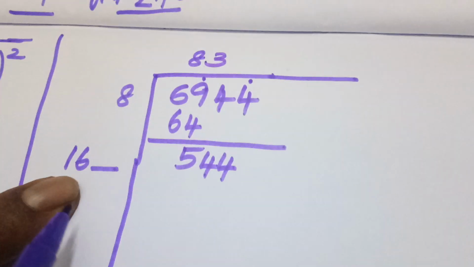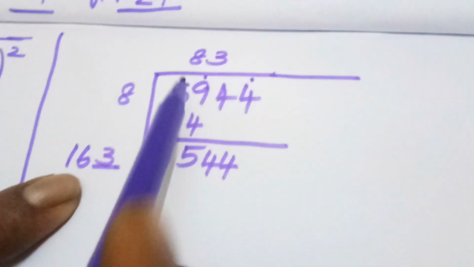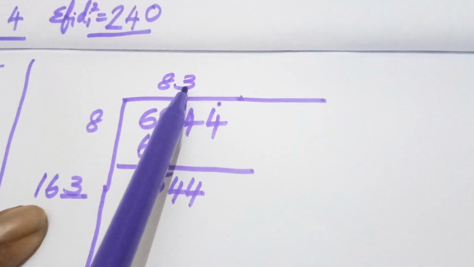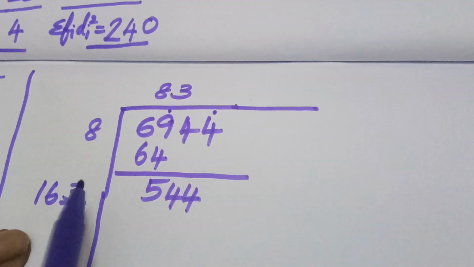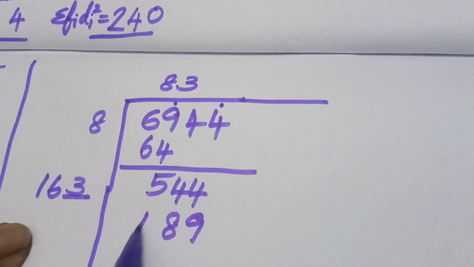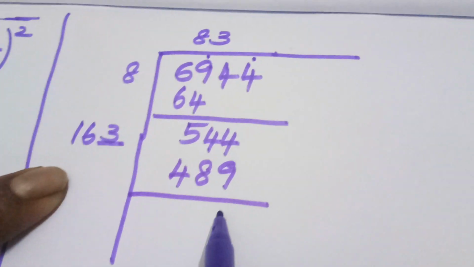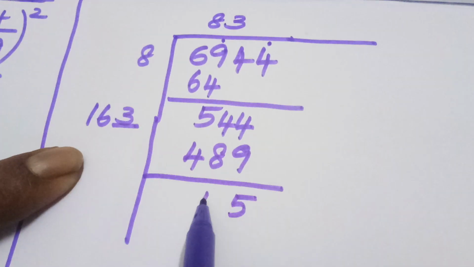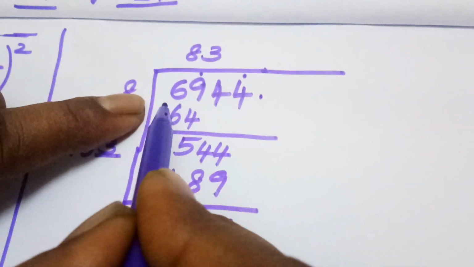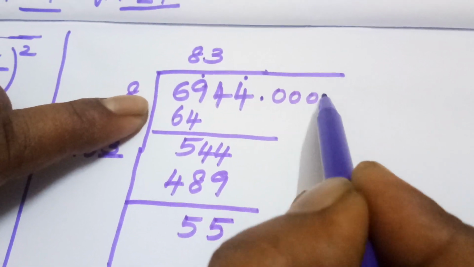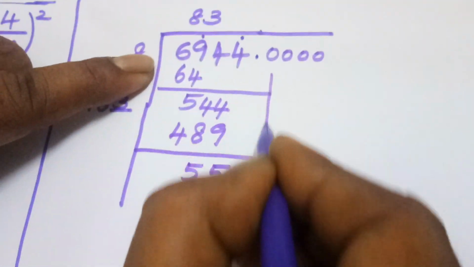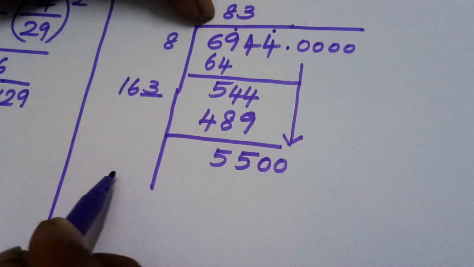So write 3 here and also here, and then multiply by the newly written number. That is, in the quotient we have written 3 newly. So multiply this by 3. So 3 3s are 9, 3 6s are 18, 3 1s are 3 plus 1, 4. So subtracting, we get 55. And then our whole number part is exhausted. So I am going to take zeros. I am going to take 2 zeros here, and then multiply the quotient by 2.